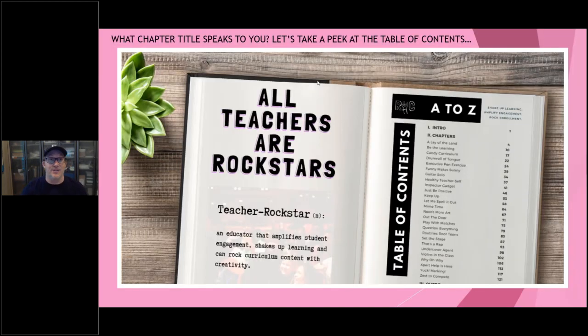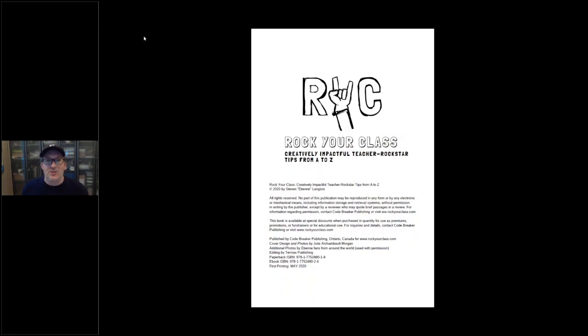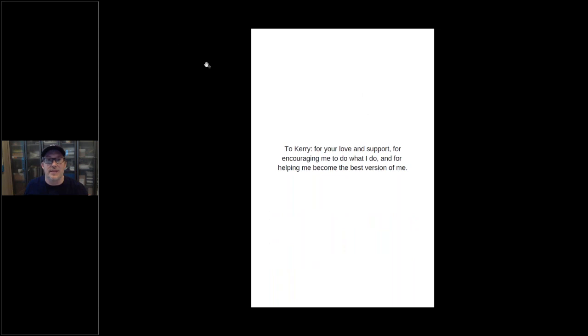The first thing I'd like us to do is look at the table of contents and the chapter titles. It's A to Z, so there's 26 chapters naturally. I'm curious to know what titles pop out to you. So here's the inside of the book. We're going to go right to the table of contents. I am going to stop though. I'm going to stop, slam the brakes,